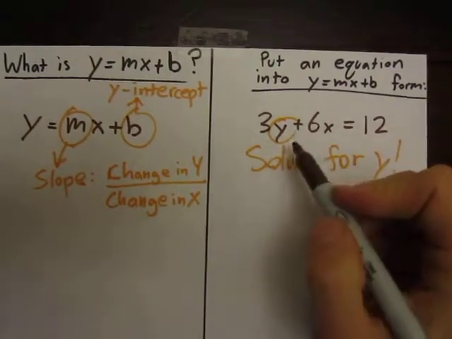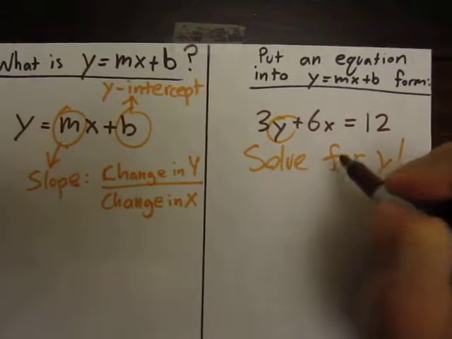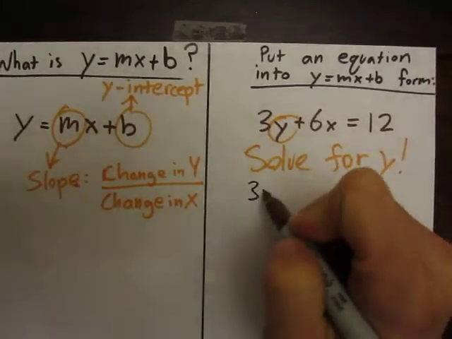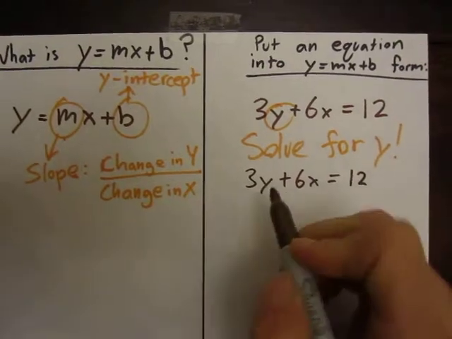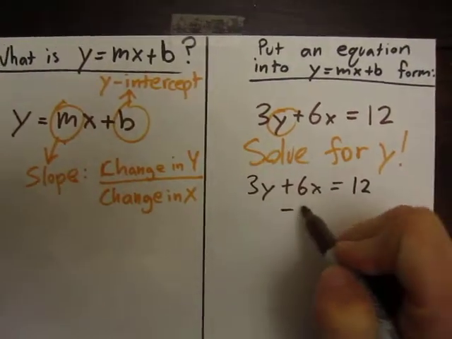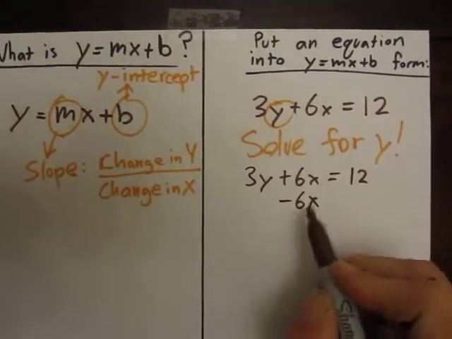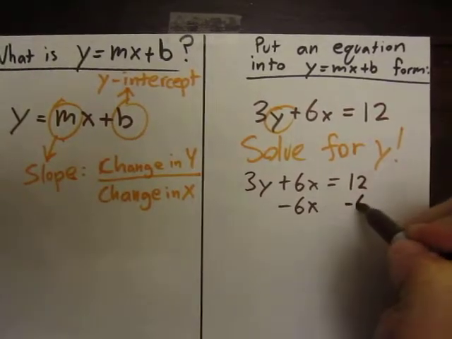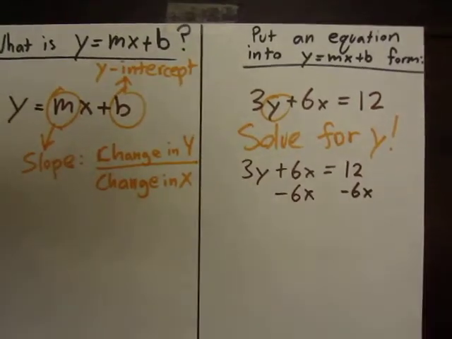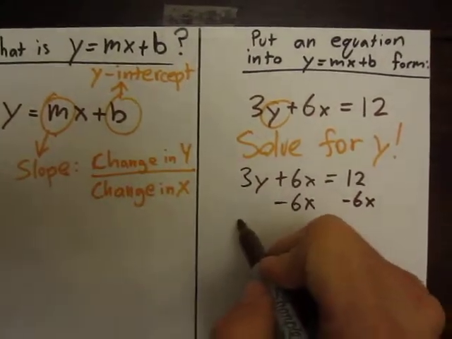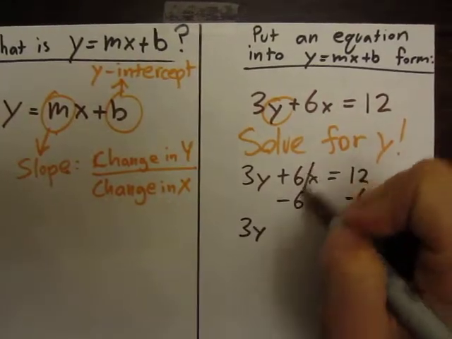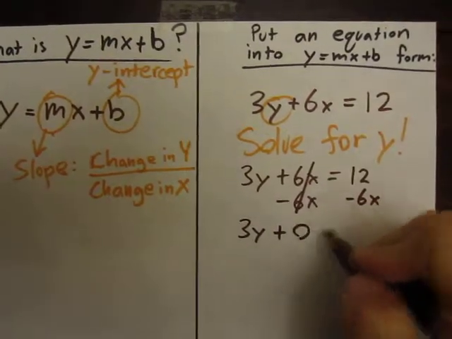So to first do this, I'm going to subtract. Say we have 3y plus 6x equals 12. I'm going to subtract 6x from both sides. Remember, whatever you do to one side, you must do to the other. Now, this will simplify to 3y, this crosses out, this is plus 0,